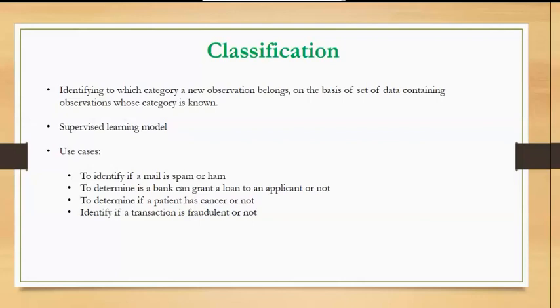You can determine if a patient has cancer or not. This is another good use case in the medical field. It generally takes a long time to complete this kind of test, like a cancer test, for the lab results to come out to determine the presence of cancer. So in the event of a huge backlog of cases, it takes a very long time to get the results. This is where machine learning can help. If you have the complete data of a patient, you can study if there is a pattern or a set of variables which influence the presence of cancer. Based on this, we can predict the possibility of cancer for future patients.